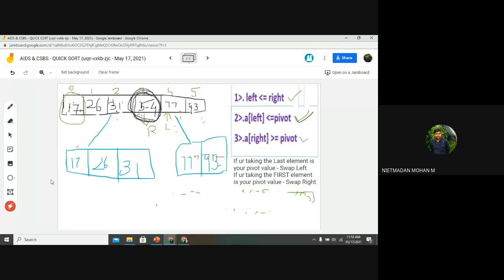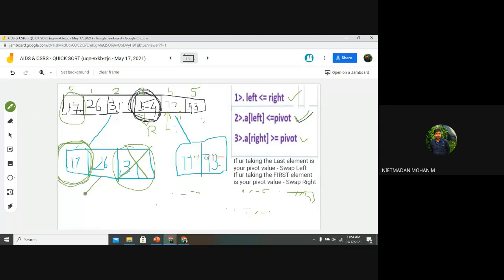So here in this stage, what is my pivot value? 17. Here, 77. Yes, here in this stage my pivot value is 17. Why? Because I have taken the pivot value as the first element. So likewise, when you call the recursive function, the first element will again be your pivot value. You can't change it. When you start with the first element as your pivot value, in the next step you can't change it to the last element. Once you have initialized the pivot as the first element, it will recursively call those functions, and here 17 is your pivot value.